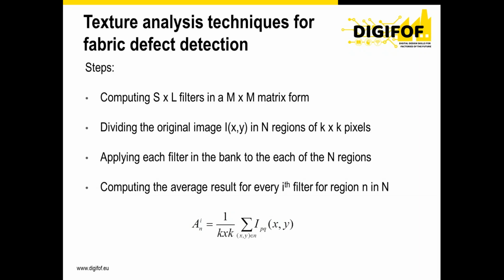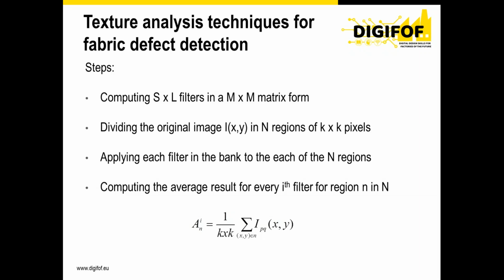So we will cut n regions of certain dimensions, because we will try to speed up the process a little bit, and we will convolve the sub-images with each of the filter banks, and at the end we will compute an average